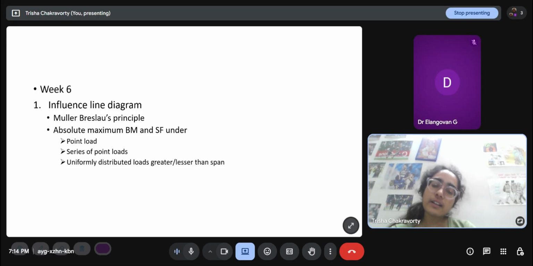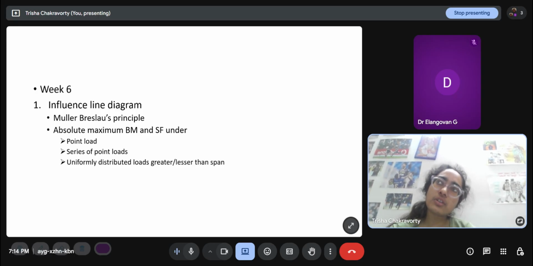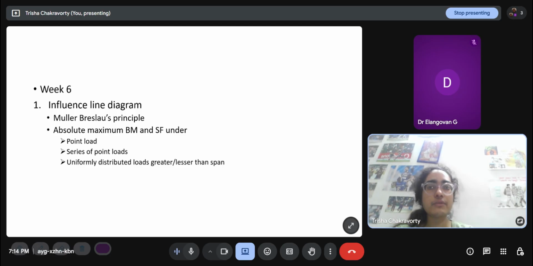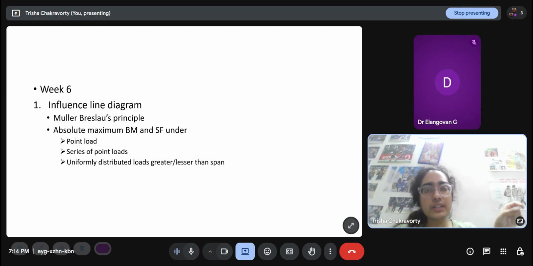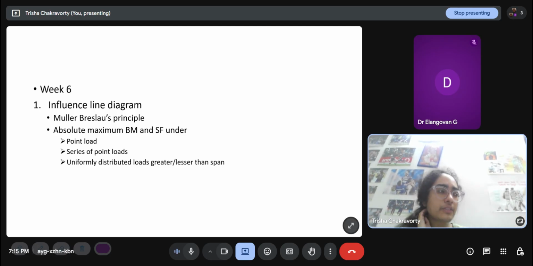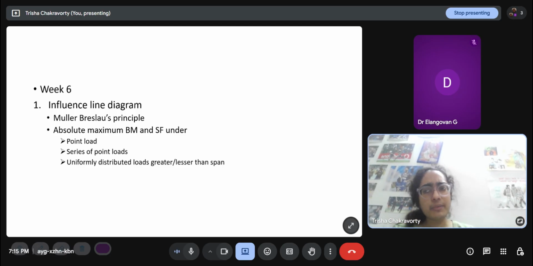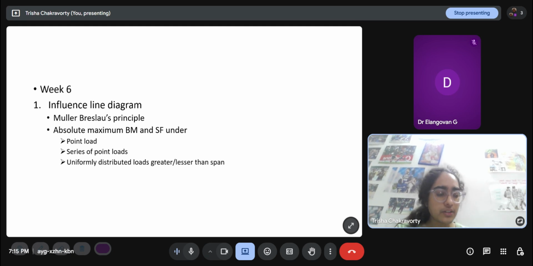The influence line diagram gives us information about how the stresses or the deflections or the reaction forces will vary when a load rolls along the length of the beam, which we studied only in the context of beams. They can also be found for frames or trusses as well, but we only need beams right now.